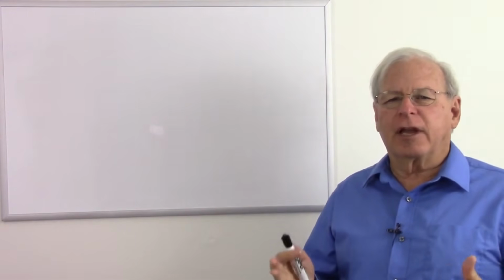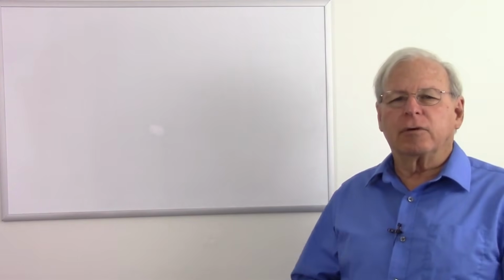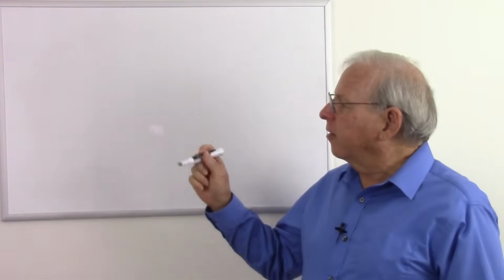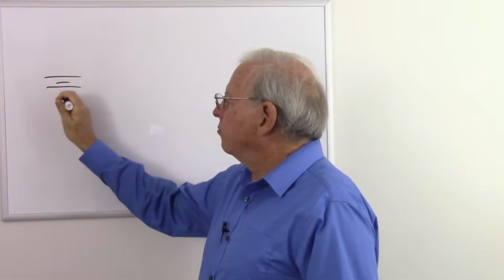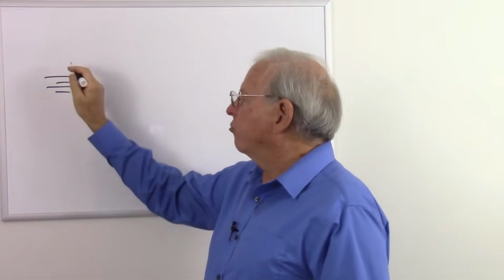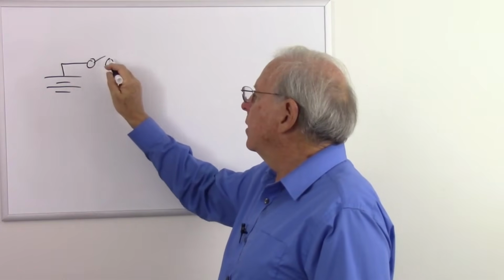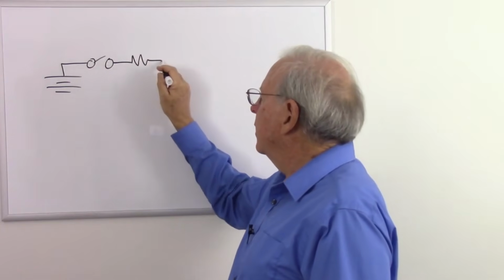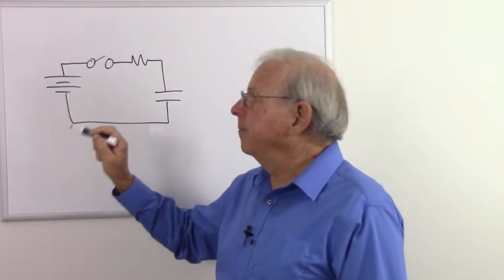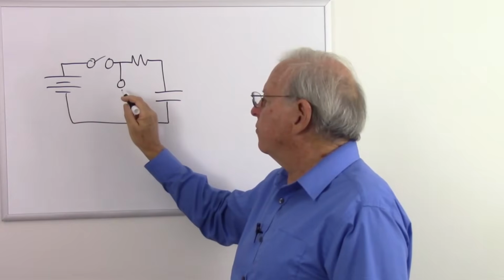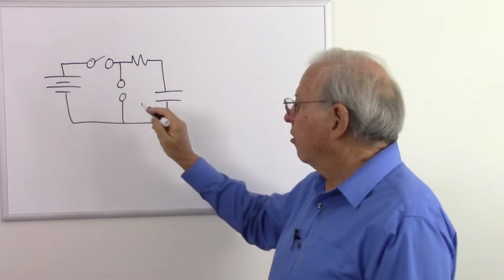It's important to understand how capacitors charge and discharge to understand why they do what they do in alternating current. So let's get started. I'm going to use the demonstration circuit I used to demonstrate how capacitors charge and discharge. I start with a battery, a switch, a resistor, our capacitor, and back to our battery. And I have another switch here just to facilitate showing that the capacitor is completely discharged when I start the